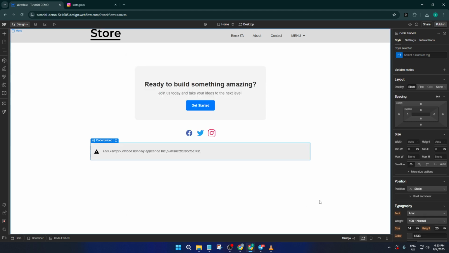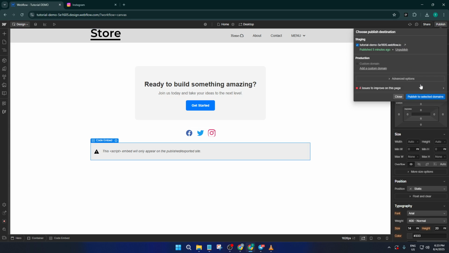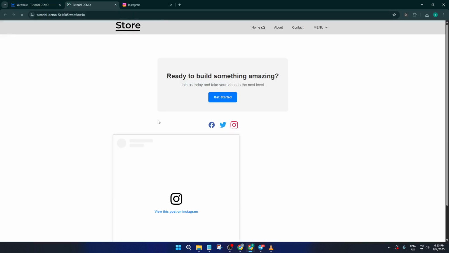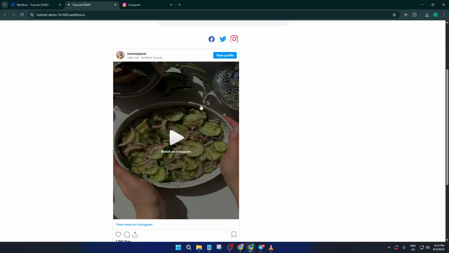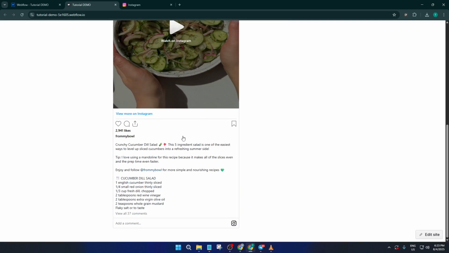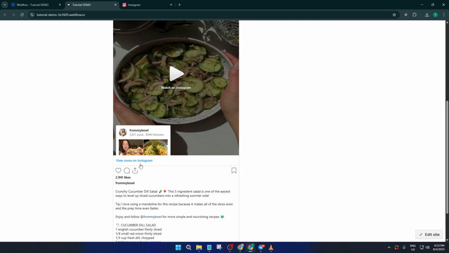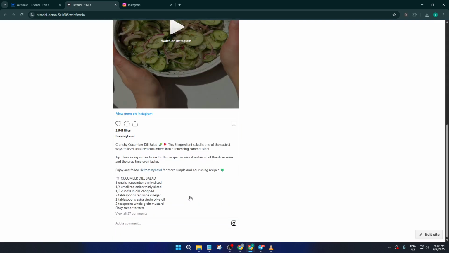With the code in place, all that's left to do is publish your changes. Go ahead and hit the Publish button in Webflow. Head over to your live site and voila, your Instagram Reel is now embedded right there on the page. This part might take a few seconds for everything to refresh, so don't be alarmed if you have to hit refresh once or twice. If you want more customization, you can always adjust the container's width or add custom styling